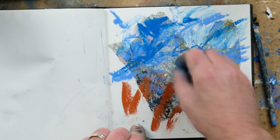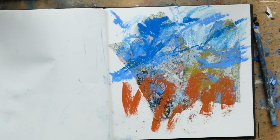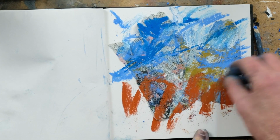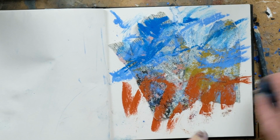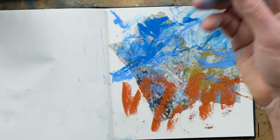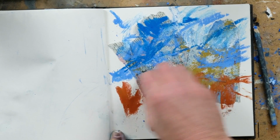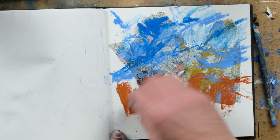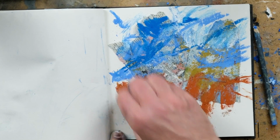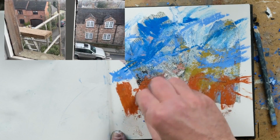I always think it's good just to look at the things that are going on and pick out a particular feature, a particular aspect of something that's in front of you. So I've seen the buildings, these red brick buildings. I'm just going to focus on that, and on a small characteristic of them, which is that they're a bit more blocky than the sky. So it's very simple,